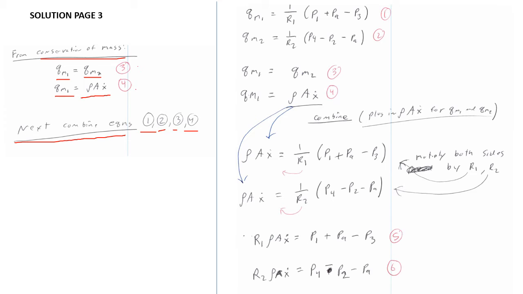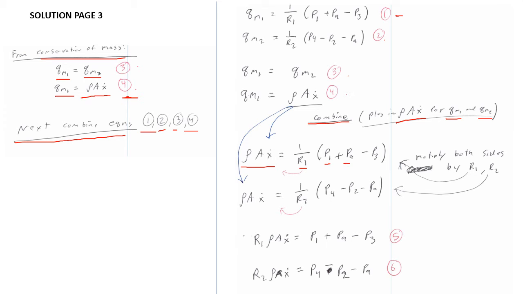So over here I've rewrote out 1, 2, 3, and 4. So what we're going to do for these ones is start combining them. So to combine, what we can do is plug our rho A x dot from our equation 4 here into QM1 and QM2. So that's what I do, I plug in for both of those, and I can plug in that our QM1 is our rho AX dot, which is equal to,